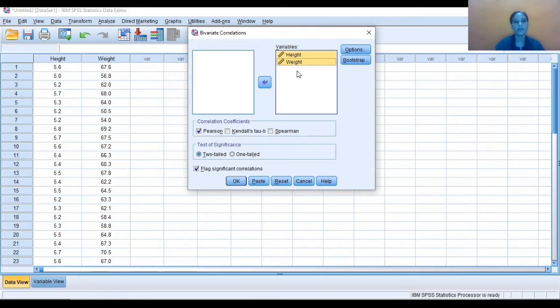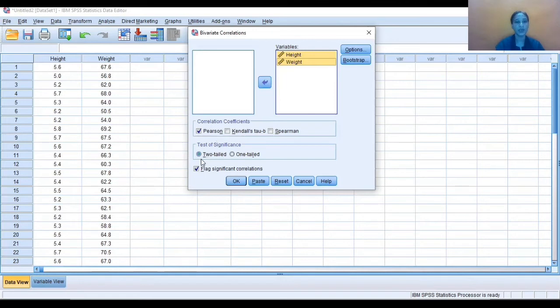As we have two variables and we have measured both the variables on the ratio scale, we are going for Pearson's coefficient of correlation. If we have two variables measured on ordinal scale, in that case we can go for Spearman's rank correlation. So the first condition is you need to check the measurement scale. We have checked, so that is why we are going for Pearson's.